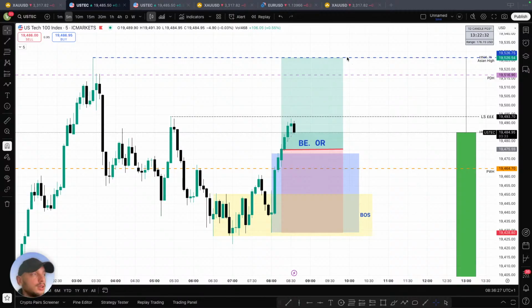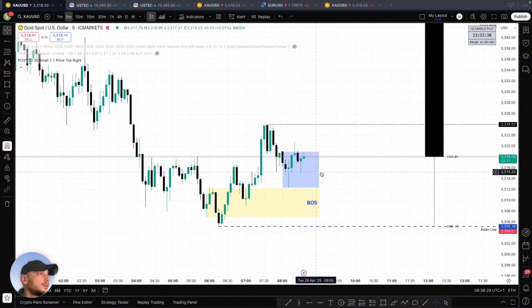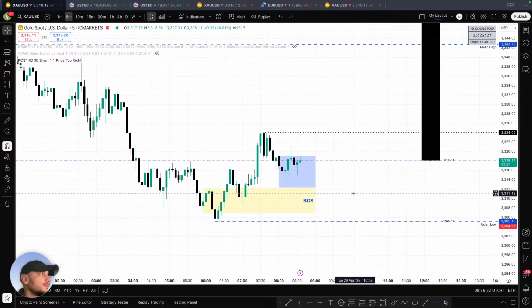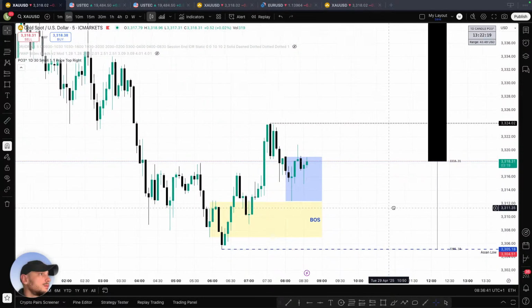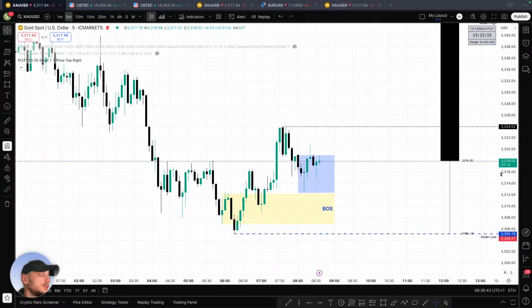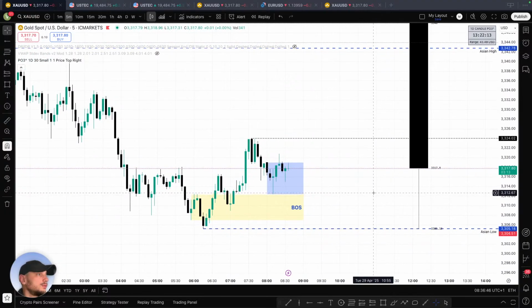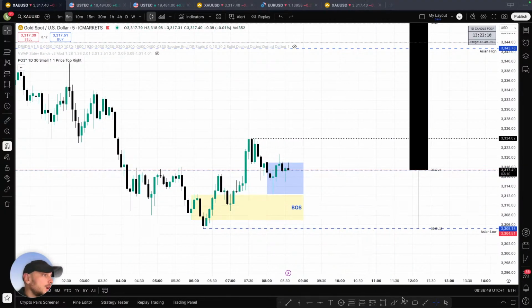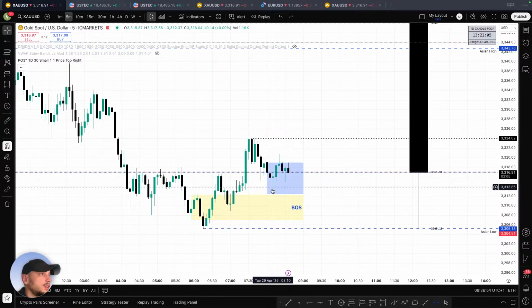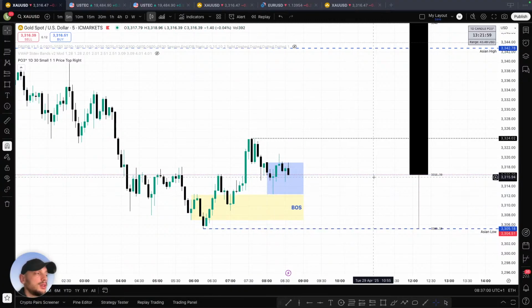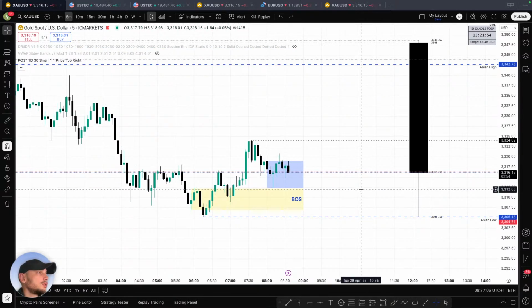Got rejected off the midline of the ORB. Yes, it did. It's looking good for longs. I'm not gonna lie, it looks good for longs. Now, why I wouldn't enter, even if we break below or above, is because of this range. ORB is not performing very well on range. It doesn't perform on range. It's not meant for range when you're trading ORB.